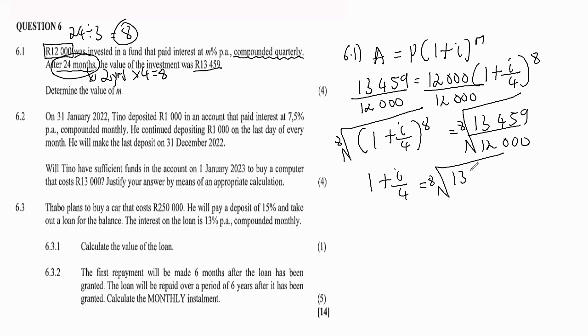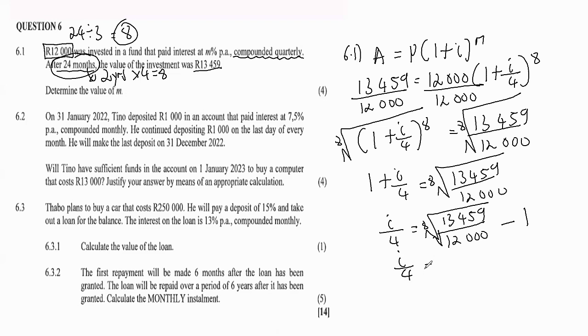So I'll write all of this so that I can press my calculator all at once. I over 4 equals the 8th root of 13,459 over 12,000, and then minus 1, right? If I punch all that into my calculator, I will have